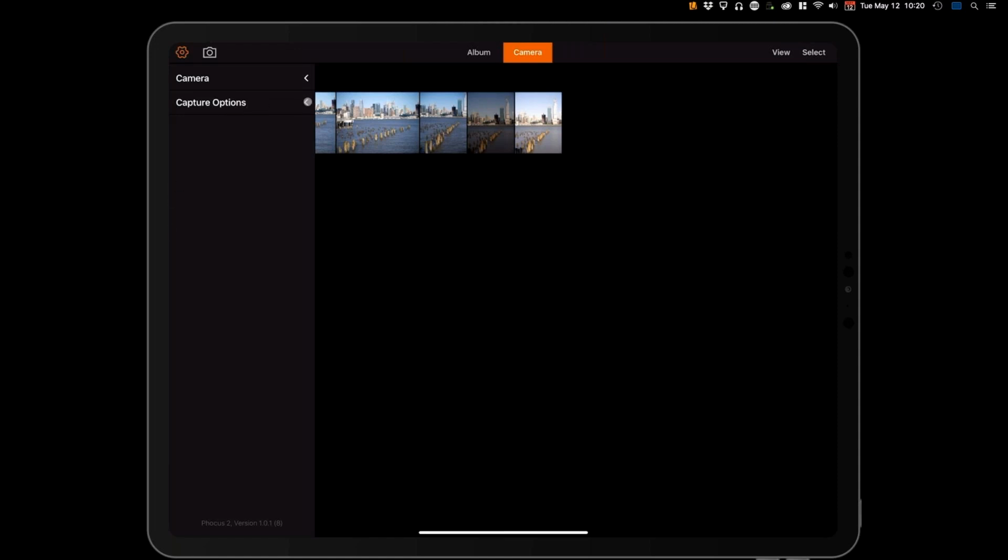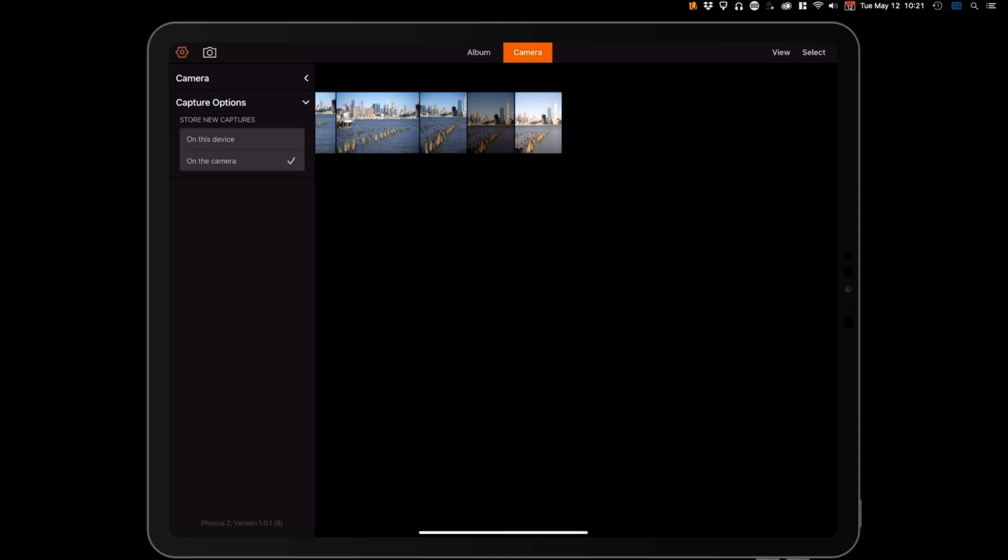Below that, you'll have the capture options, and this is where you would choose where to save the files. So "On this device" refers to the files that are being shot in the camera and being ported directly to the iPad's internal storage. So it's basically a full tethered host, whereas "On the camera" does refer to the images being stored on the SD card. And this is really the differentiation between using this as a viewer versus a full tethered host.